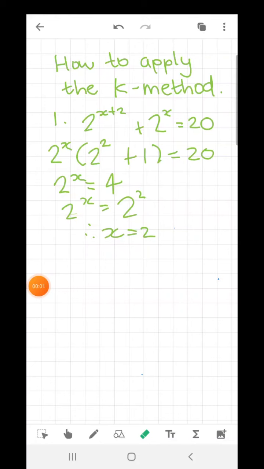Hey guys, today I'm doing the K method. The reason that I think it's important for all grade 12s to watch this video is because sometimes you think you understand the K method and you don't really, which is what happened to me in my paper 2 trial exam. The K method popped up in trigonometry general solution, and